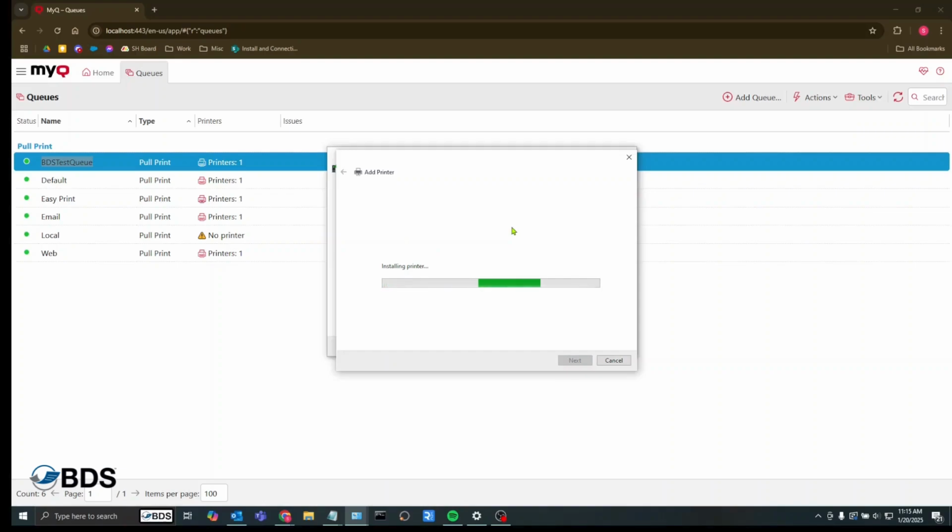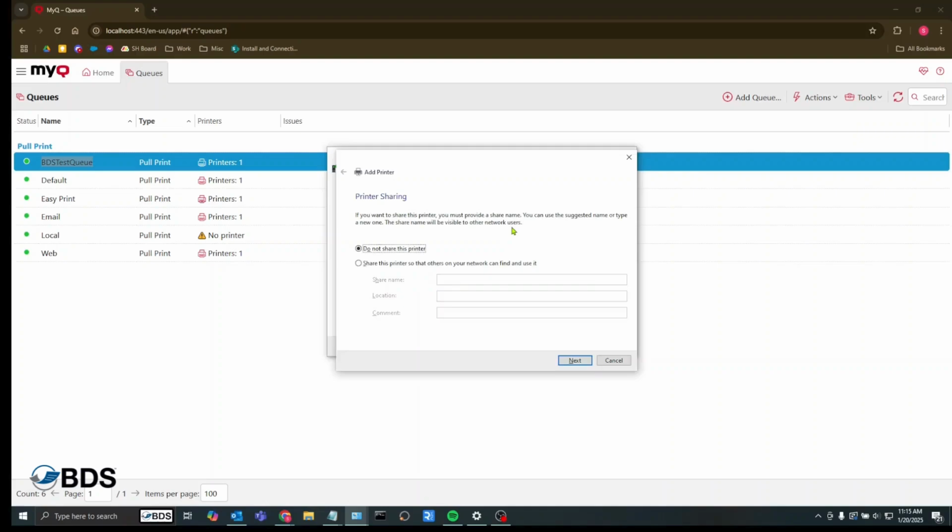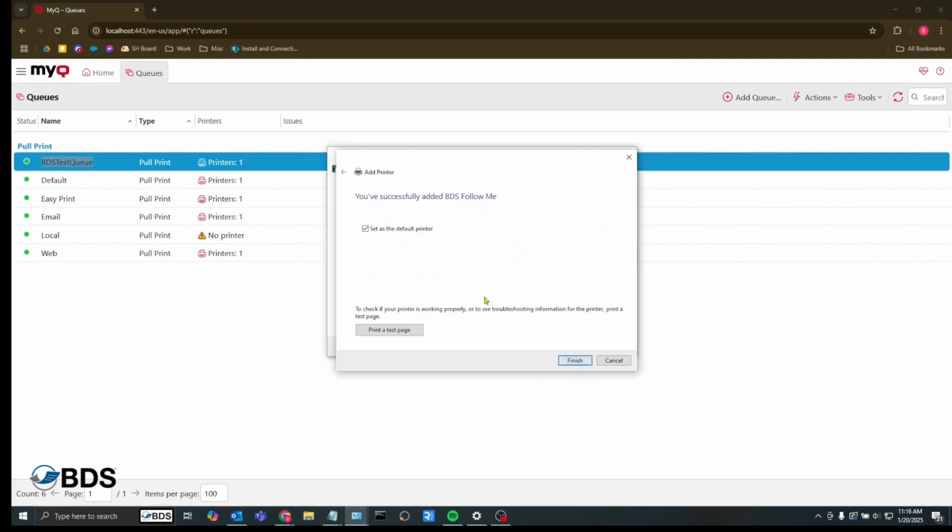Now, when I deploy this printer to people's computers, they'll have access to this printer, and when they print to it, MyQ is watching for the job, so that they can go collect their jobs from the end user's computers. Now, you can share it here if you want, or you can share it after the fact or deploy it with a GPO, or however you want to do that, but that is how you create a printer to work